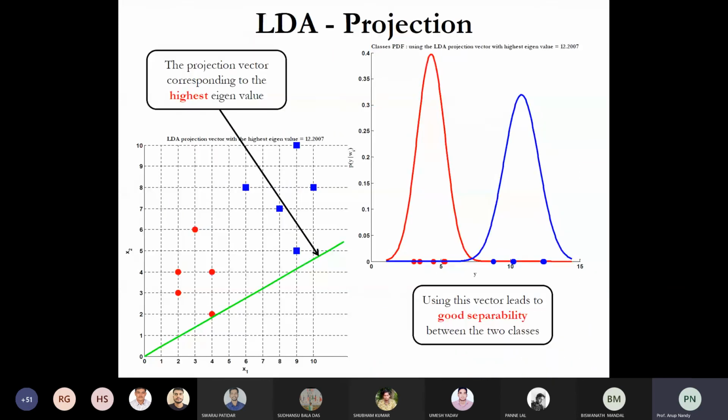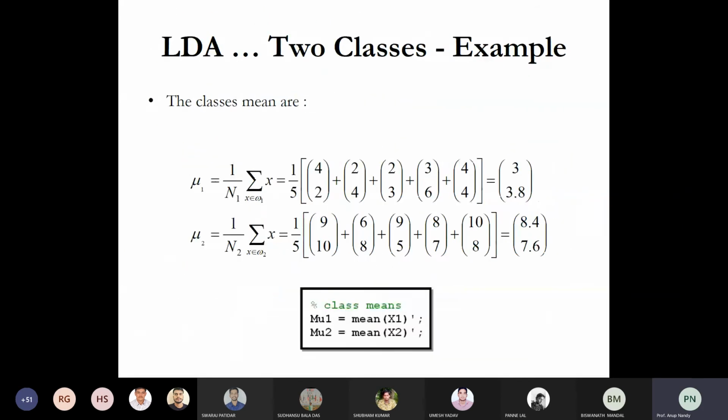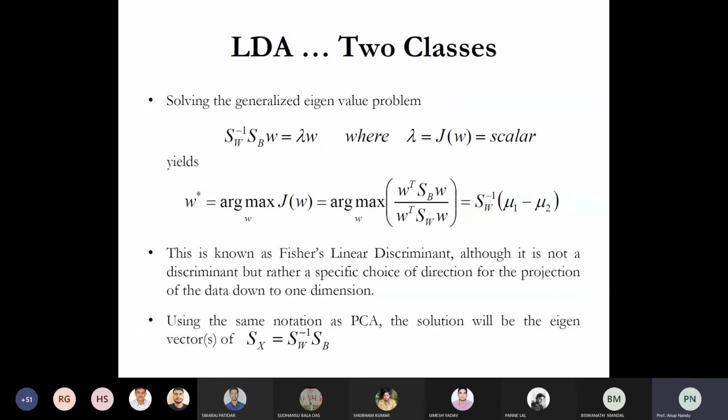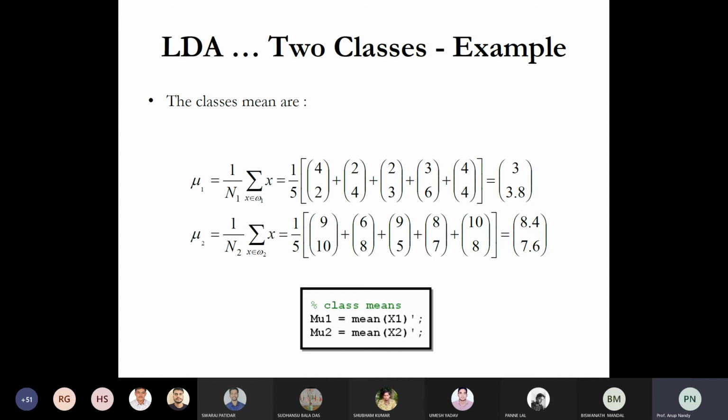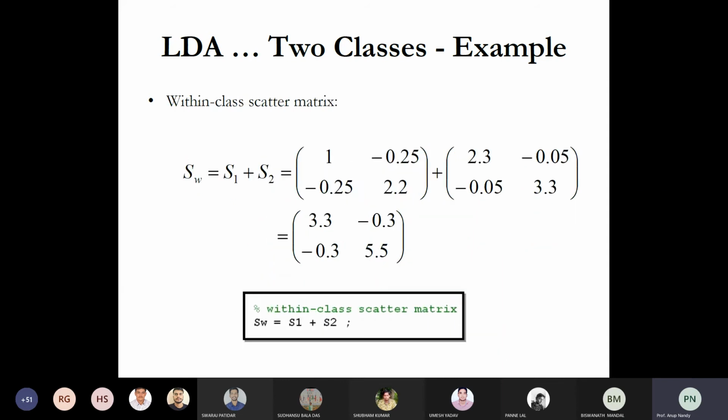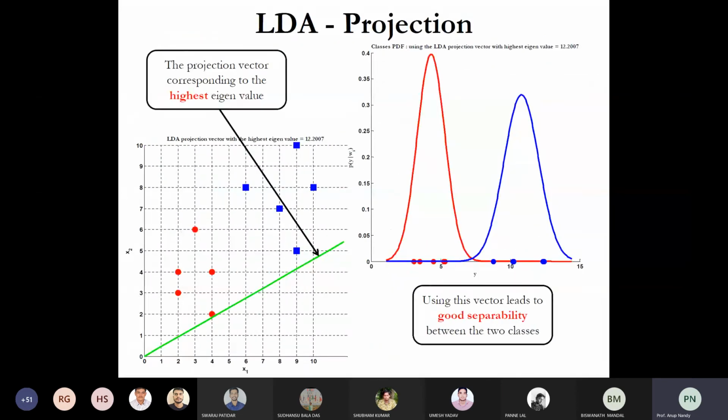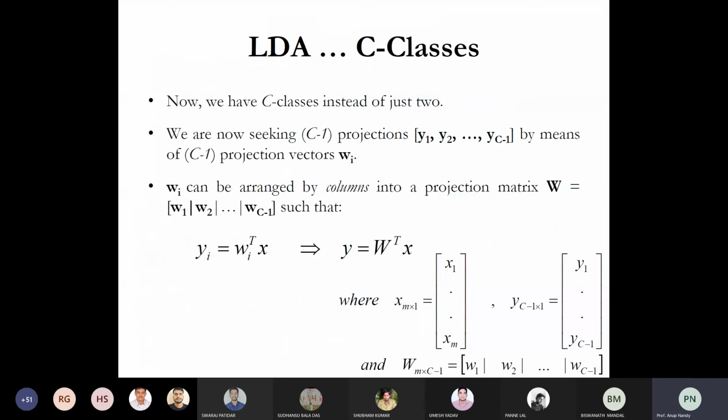So these are the things to be done for this two-class classification problem, which is a very interesting example. You have to do it, and the formula is already there, so you simply apply it. I think you have understood the concept of the significant difference between PCA and LDA. Whenever you apply LDA, you first apply PCA, then you apply LDA. This two-class problem can be extended to the C-class problem.